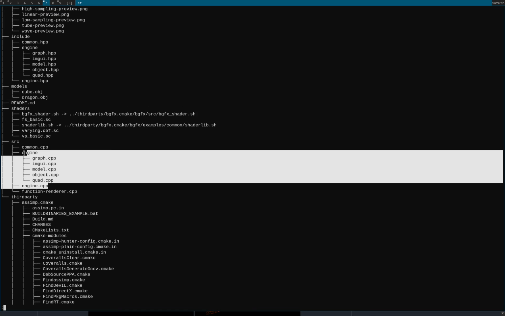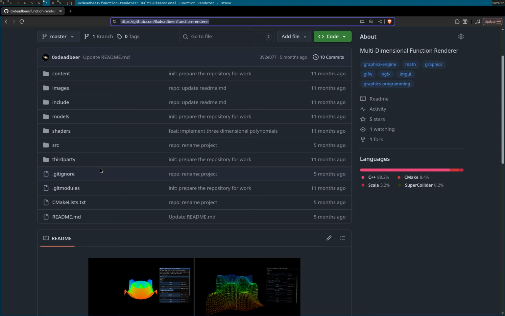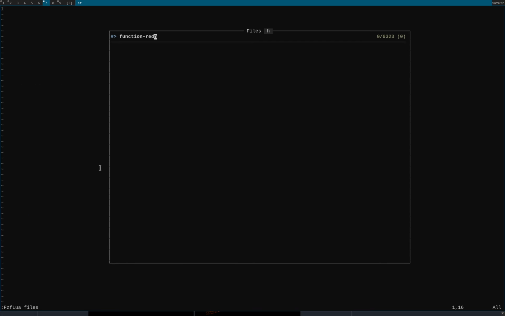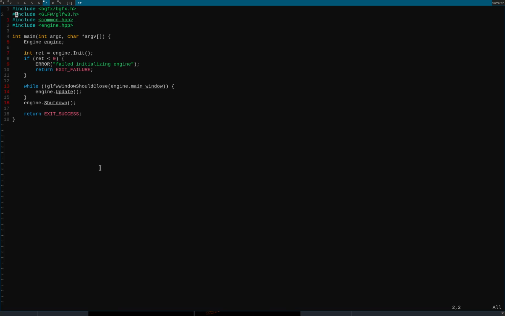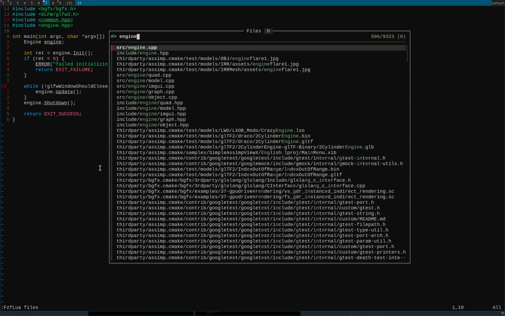The SRC is honestly just the engine, the most important part. This is just something that will call the engine. But since this is finished, you can take a look. So function renderer is just initializing the engine and whatever. Then you go into the engine and you have engine init,